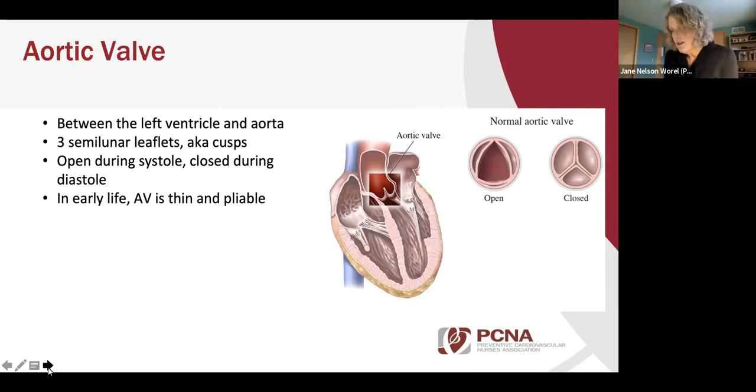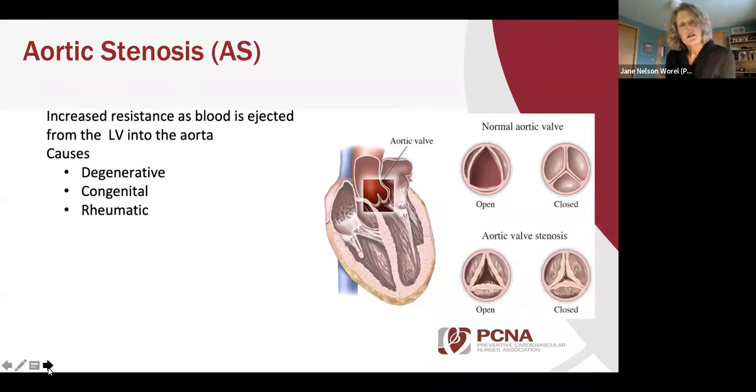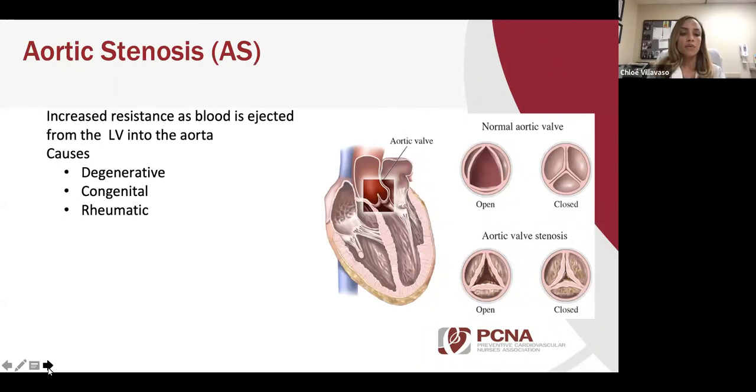So it seems that the aortic valve plays an important role in normal cardiac function. Chloe, what happens when the valve doesn't work as it should? The aortic valve is very important. As I mentioned, it allows oxygenated blood to be delivered to the entire body. When the aortic valve becomes stenotic or narrows, there's an increased resistance as blood is ejected from the left ventricle